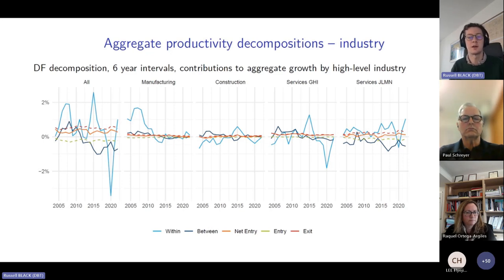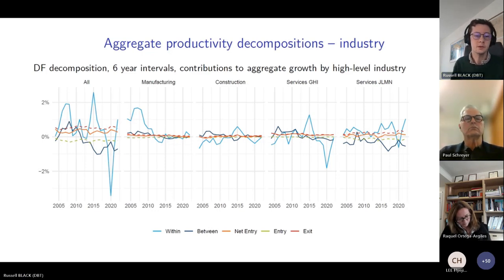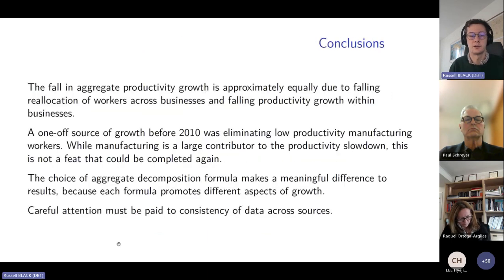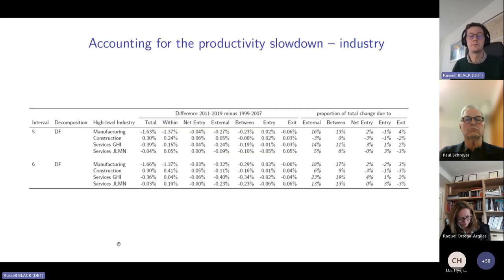And actually, in places like retail and hospitality, there is no within-firm growth. The only productivity growth that is happening among supermarkets is reallocation between supermarkets. The supermarkets themselves are, if anything, shrinking in productivity between 1999 and 2005. This is just to show you those results in a table. So there's a substantial amount of the productivity growth that is accounted for by less reallocation among services,